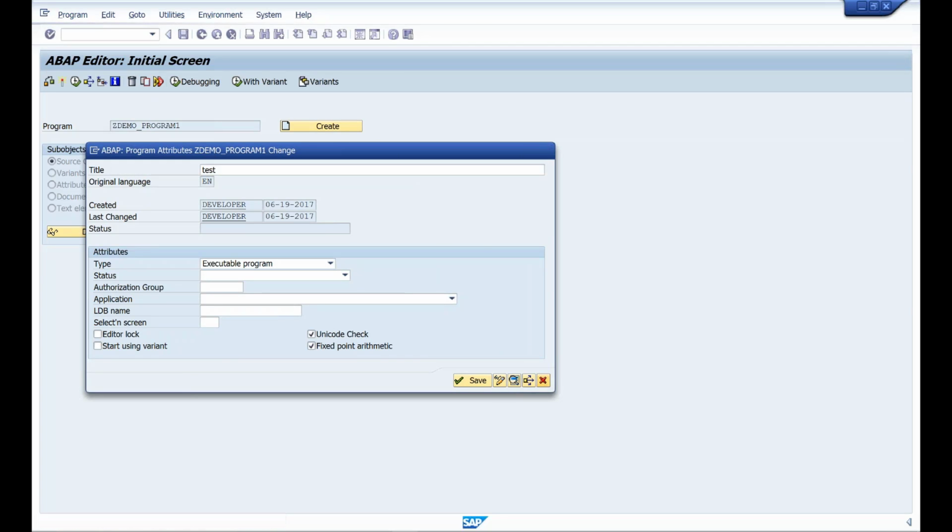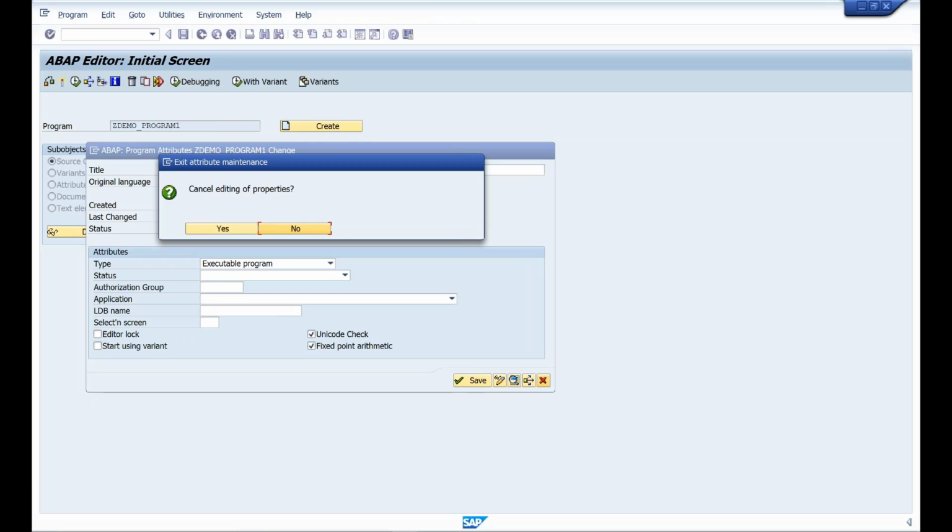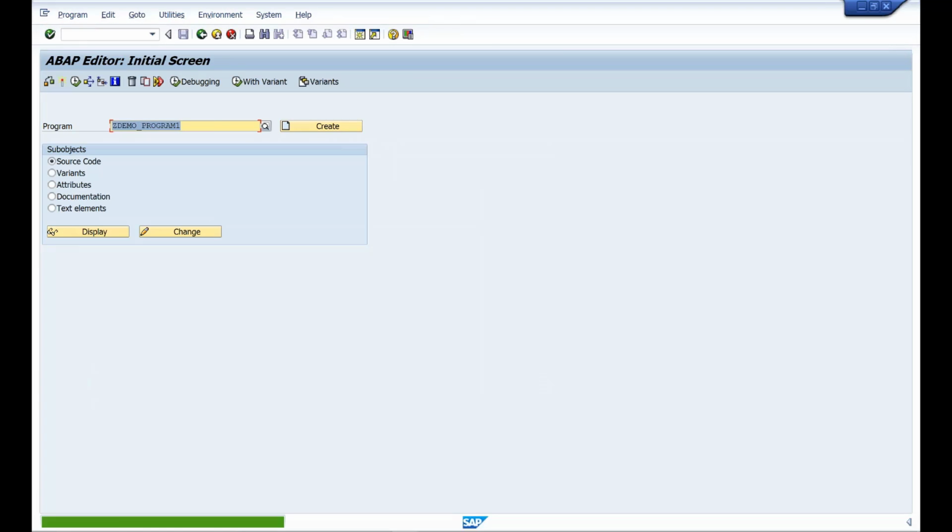It is only to group. It doesn't really influence how your program runs or anything like that. It is only to organize your developments. So for example,